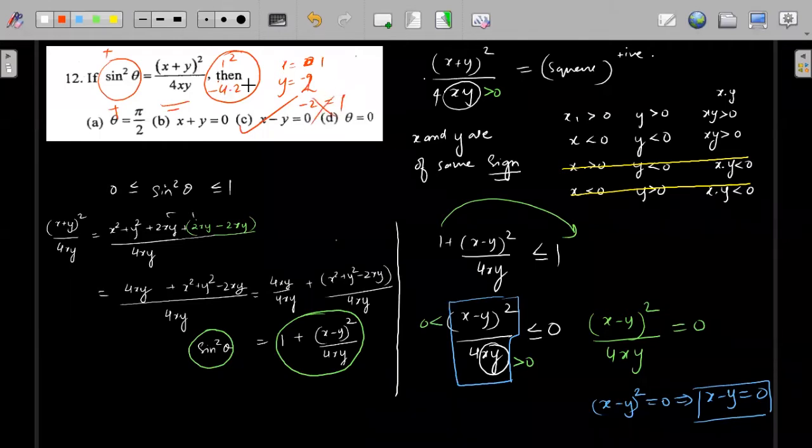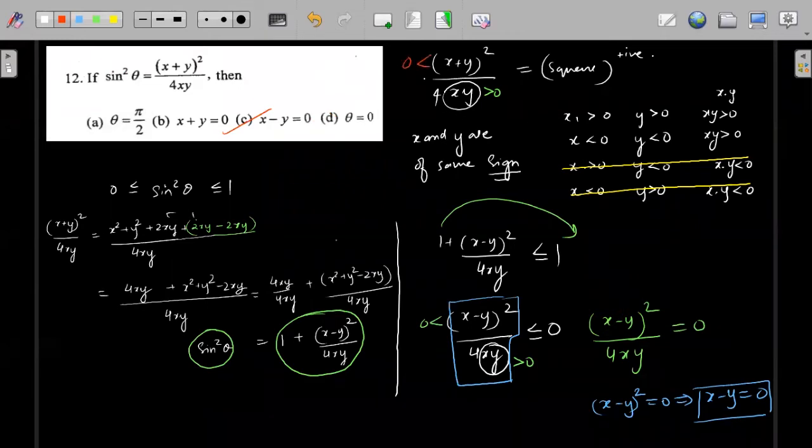So that is why I'm checking for what values of x it is negative. For what condition on x will the left side be negative? I know this part is greater than 0, so only this part is left. So I know xy should be greater than 0. That means both should be either positive or both should be negative. Understood? Because sine theta is less than 1 and greater than -1, this condition I have written many times.